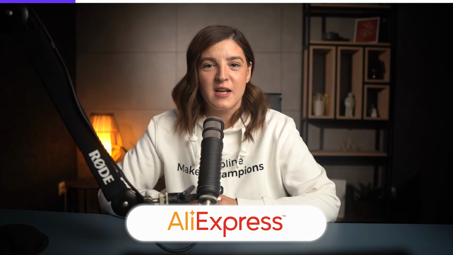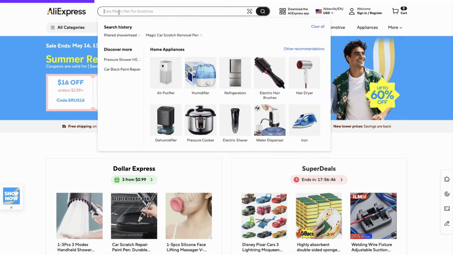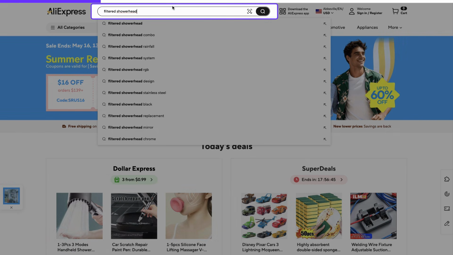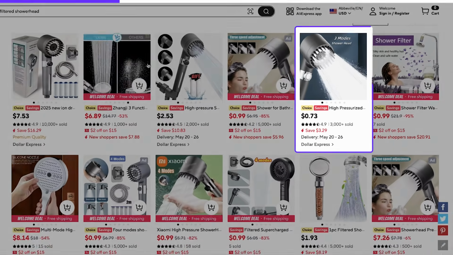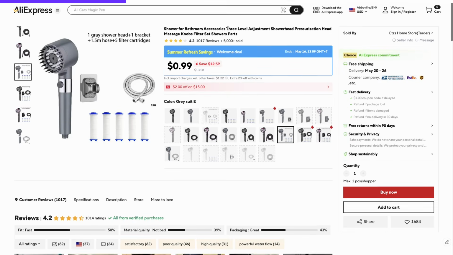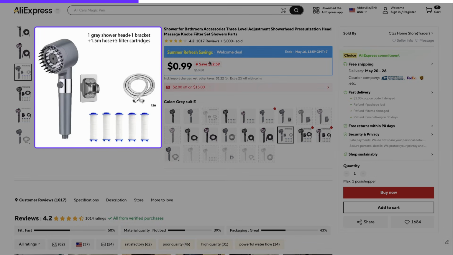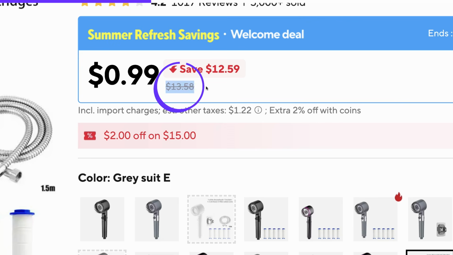In my case, I prefer working with AliExpress because of its wide product selection, competitive pricing, and solid quality. So here on AliExpress, I'll type the product name, in this case, filtered shower head, and hit search. All right, we've got some results. So let's go with this one. Now I can see that this exact product, including 5 filters, 1 hanger, and a shower hose, can be sourced from AliExpress for